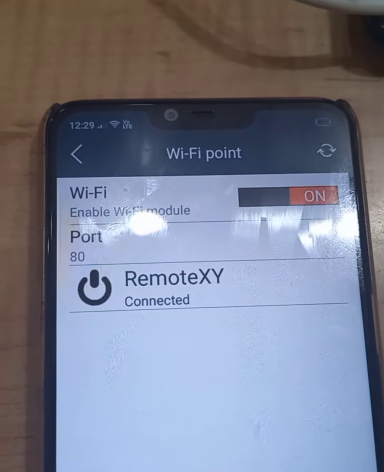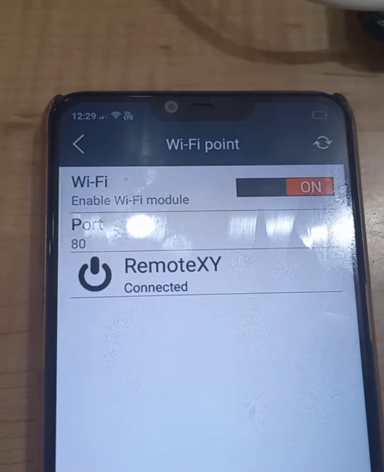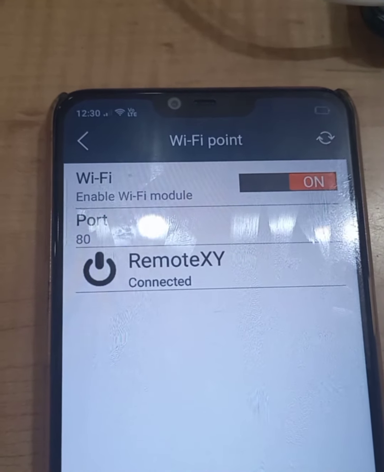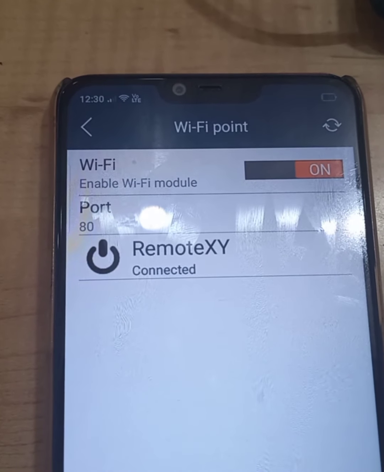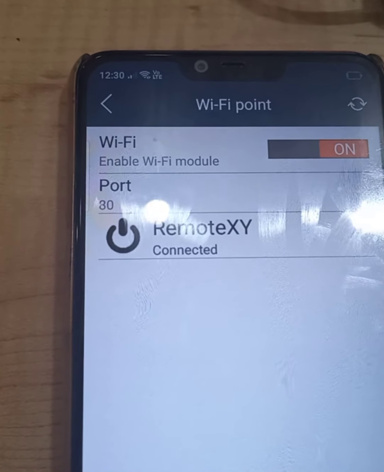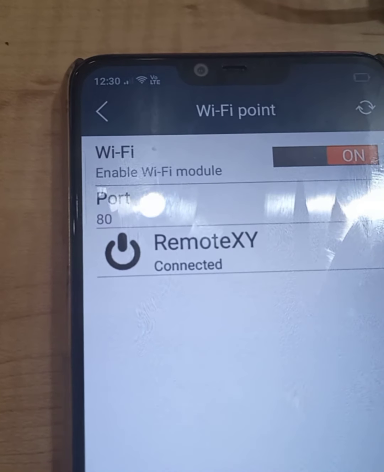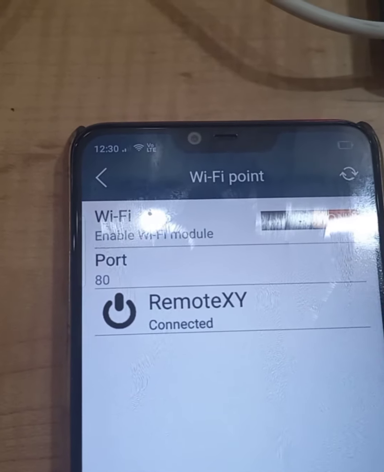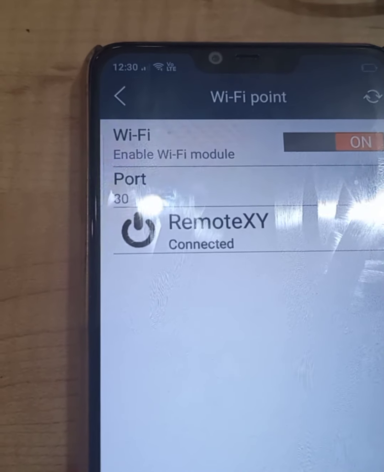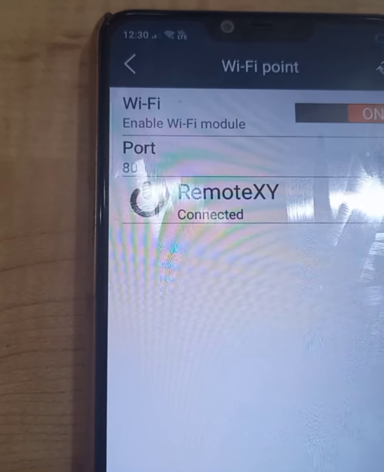By building any application using remote XY, as discussed earlier, you can control devices wirelessly with Arduino, ESP8266 and remote XY. This shows that remote XY is connected through the remote XY app also. So you are ready to use this app to control the different peripherals connected to Arduino.